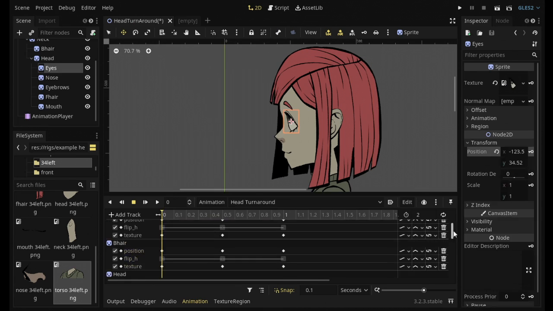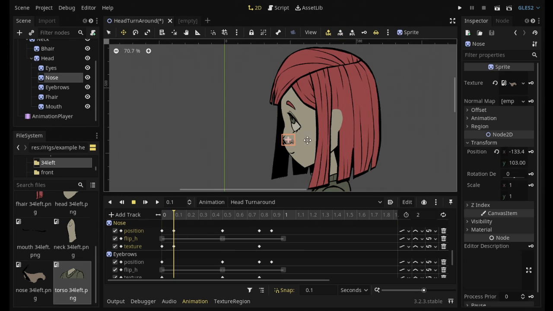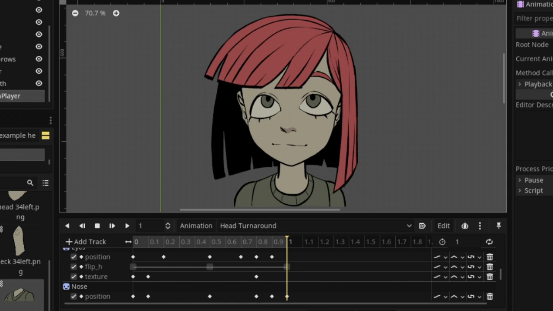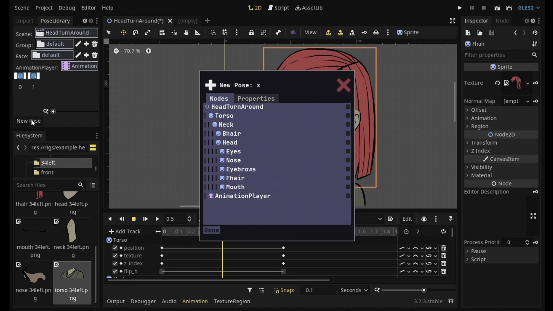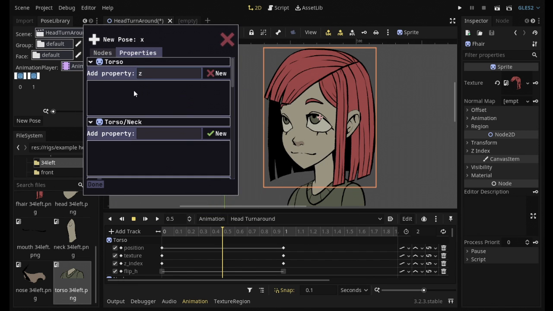I made a head turnaround animation to demonstrate the plugin in use. I didn't plan on what to do, so the animation came out pretty sloppy. You create a new pose by pressing the New Pose button. In the New Pose pop-up, select the nodes to take properties from and type the properties to store into the